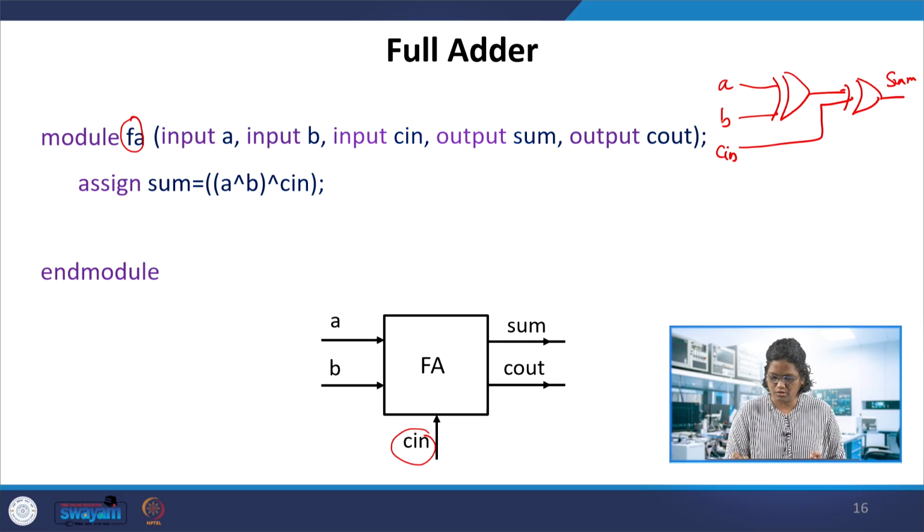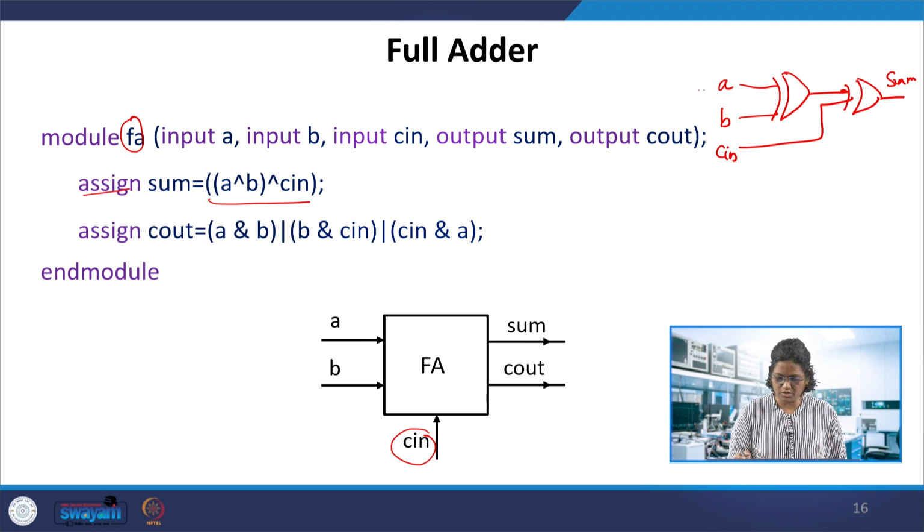These two gates are not a structural model, you can check the structural model also. The two gates are written in one line. A and B are XORed, and the result is XORed with Cin to get the Boolean function sum. This assign is a continuous statement, and that is how the data flows.